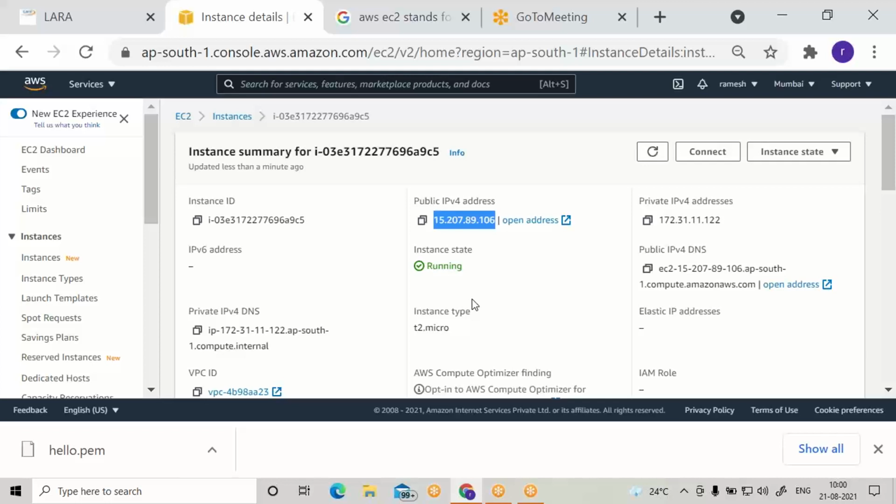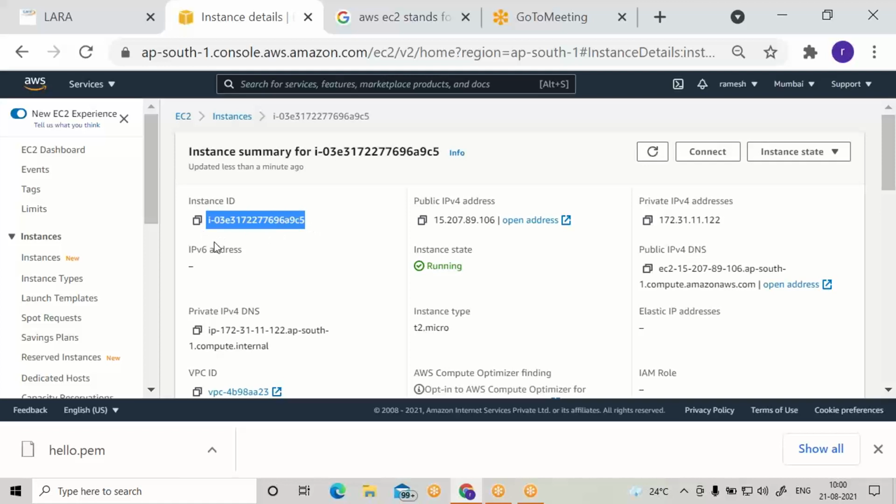EC2 instance creation is over. It is running very successfully. If you want, you can note down this IP address, and even the instance ID.